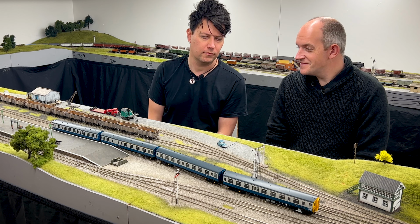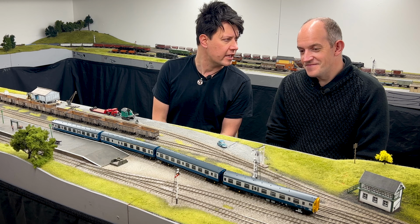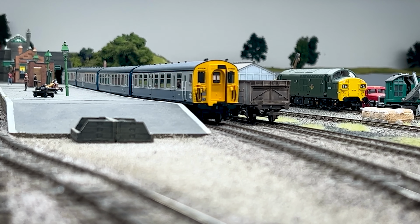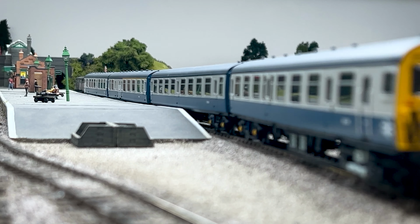Mike, what is a CEP? It's a corridor electro-pneumatic 4-car electric multiple unit. So the Southern Railway had a lot of electro-pneumatic, referred to the control type for them, and then because this is a corridor version, it had a C on the front as well. I see. You see. No pun intended. So it's also known as a 411 in terms of top codes, and what we're actually looking at here today